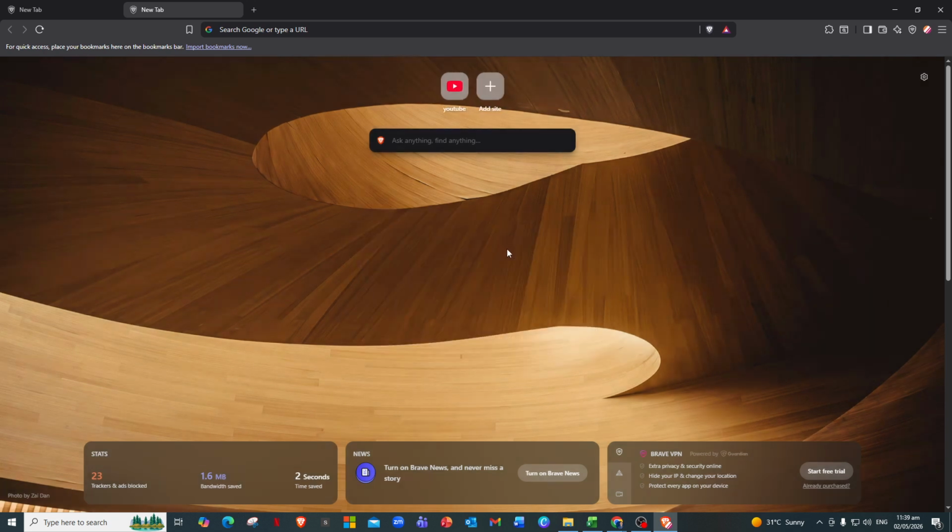You should now see your new shortcut tile appear alongside the others on the New Tab page. From now on, whenever you open a new tab, you can just click that tile to go straight to the